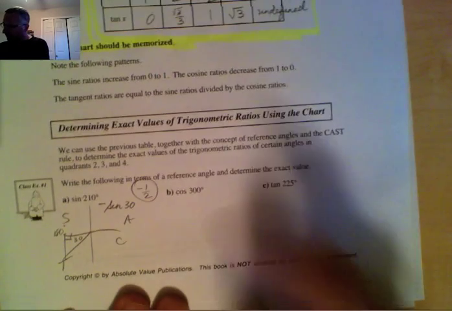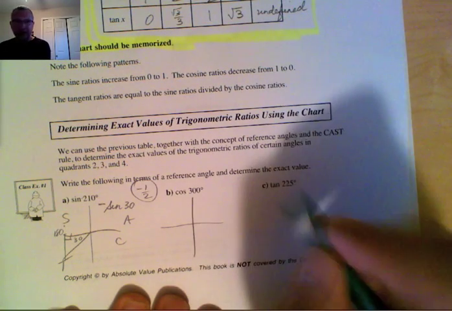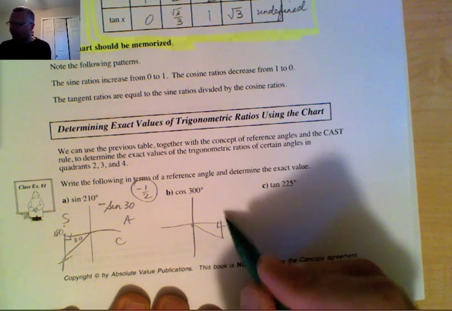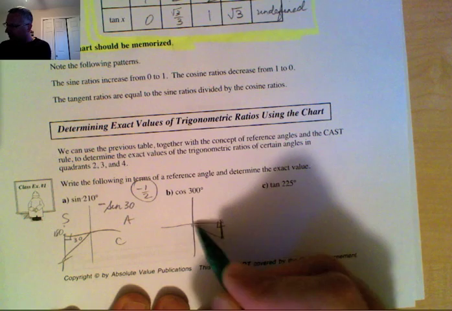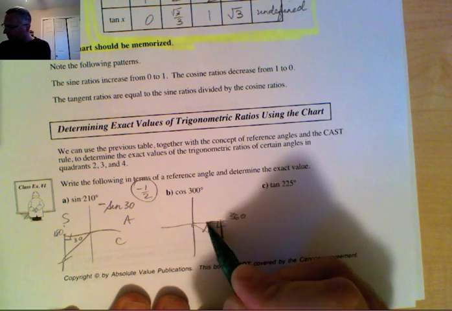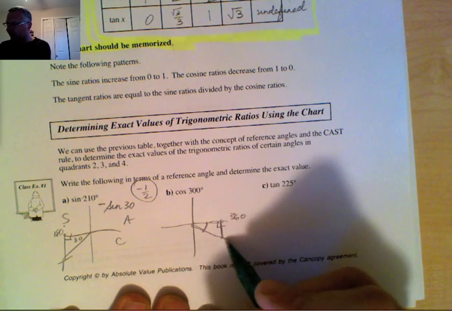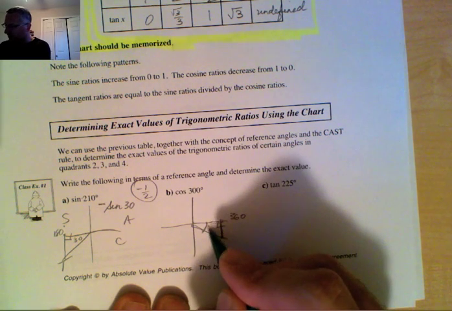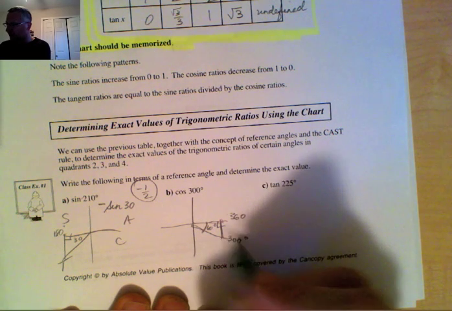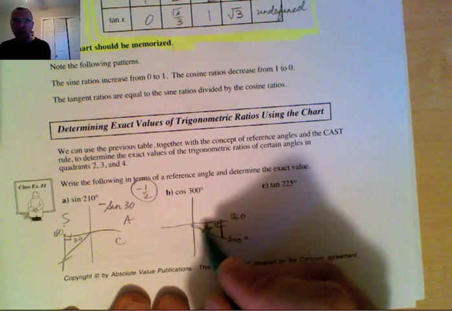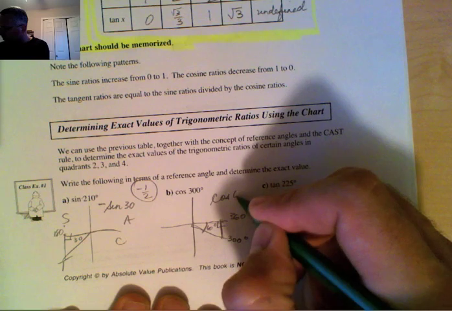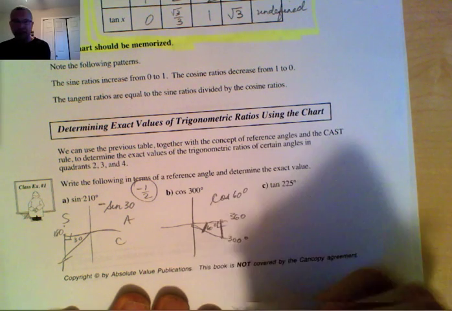If we look at 300 degrees in the next question, 300 degrees is in quadrant 4. And remember, we always draw a right triangle back to our x-axis. 360 is here. How much does this reference angle have to be to get from our terminal arm to 360? It needs to be 60 degrees because this is 300 degrees here, and if I go 60 degrees more, it gets me to 360. So they want us to find the cosine of 60 degrees because our reference angle is